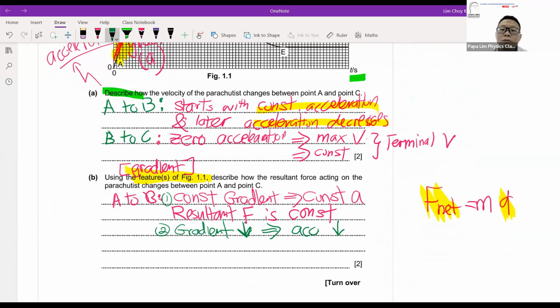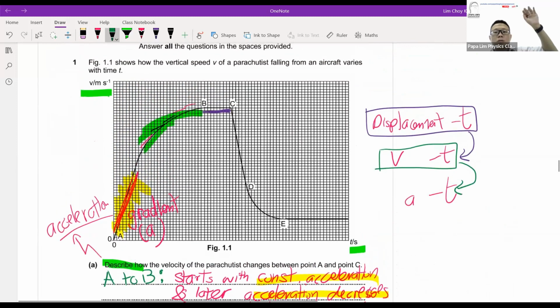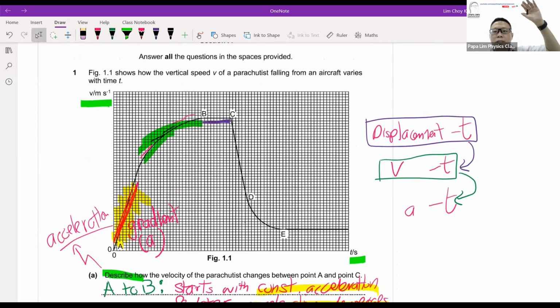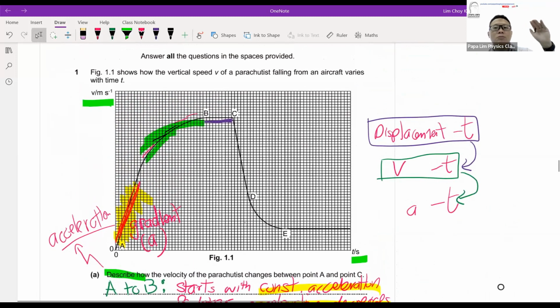And when acceleration decreases, based on Newton's law, the resultant force acting on the parachutist at the second portion of AB is also decreasing. As the parachutist drops from the sky, the resultant force acting on the parachutist gets smaller and smaller, and eventually